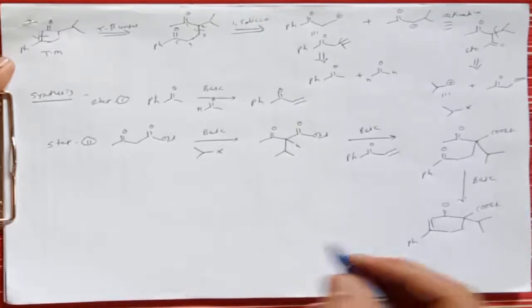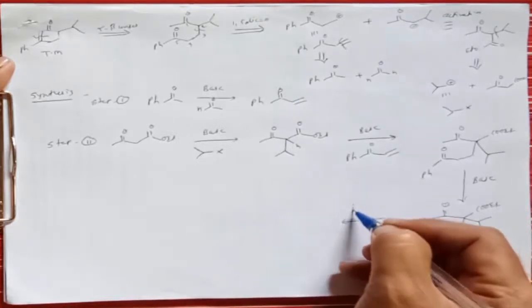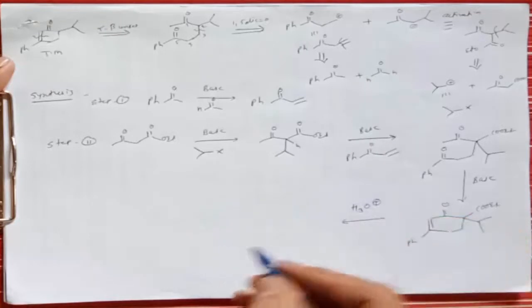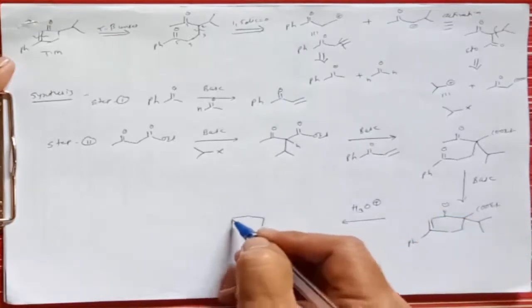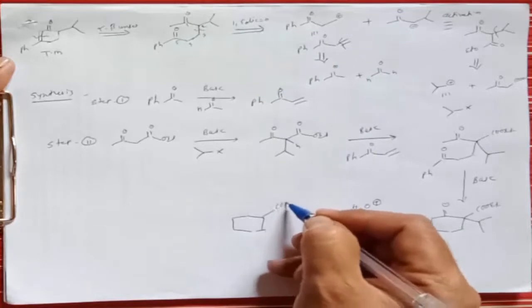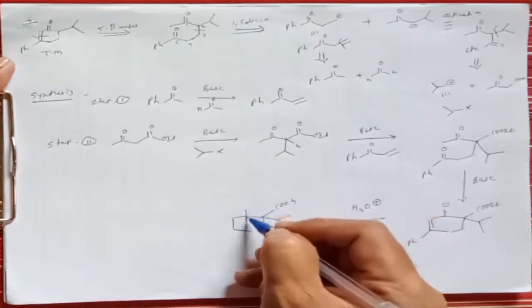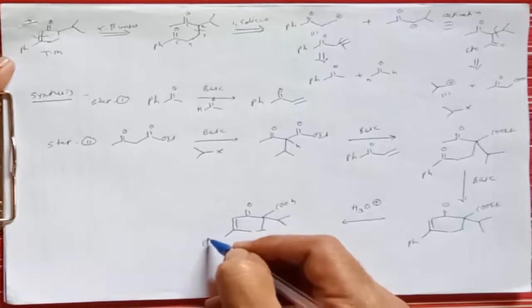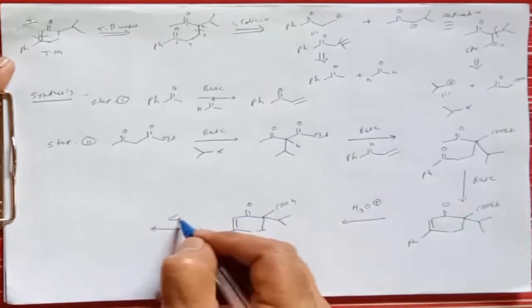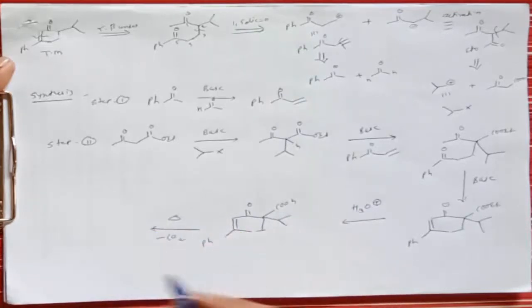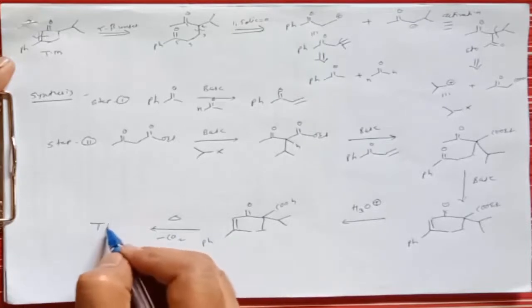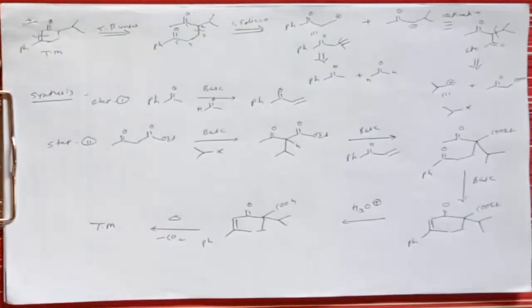And now if we hydrolyze this compound, after hydrolysis what does it give? It gives an acid functional group here, that is COOH, along with the other functionality on the other side. Then if we heat this molecule, it undergoes decarboxylation and gives the target molecule. So this is a simple method to prepare such molecules, and therefore we can take this molecule for the synthesis.